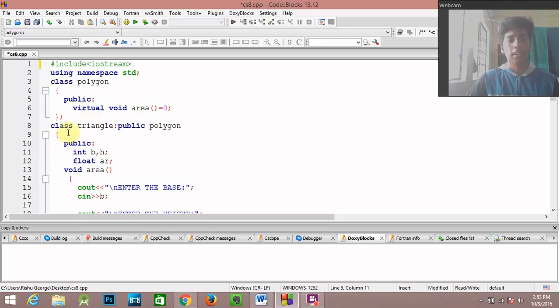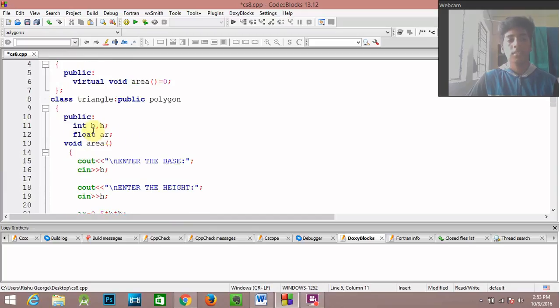And then we have the derived class, that is class triangle, and we are calling the base class, that is public polygon, through this triangle. And inside this we have the public access specifier, and we have initialized the base and height as b and h as integer type and float area.